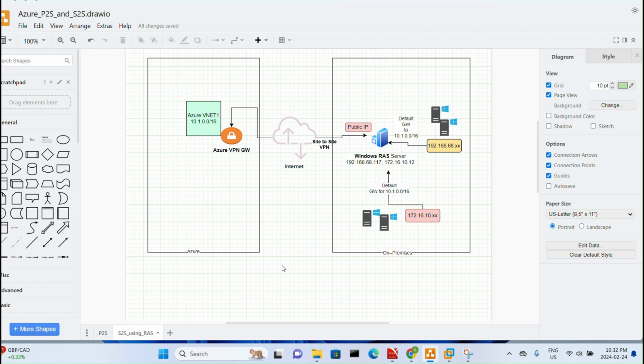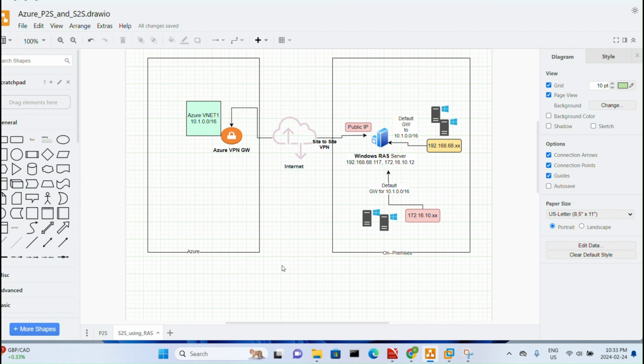In my case, I have a small router that is assigned a public IP from my ISP, and this router is configured to pass the IPsec VPN traffic through to the Windows RAS server,